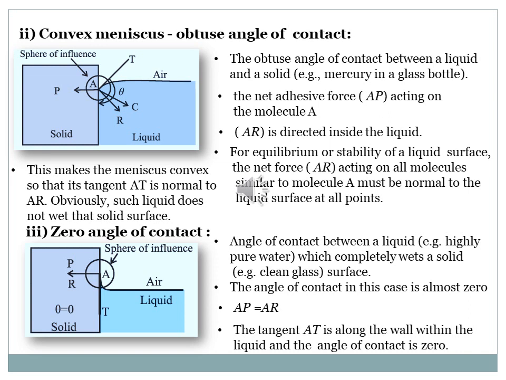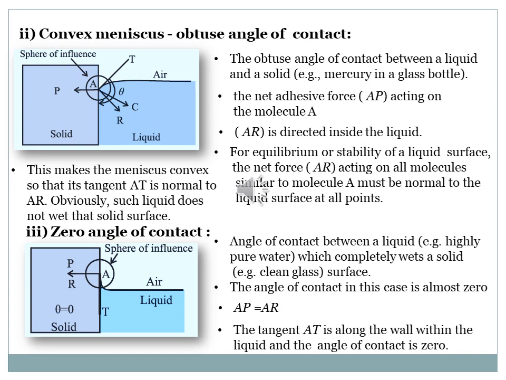Alright, so now in this case we are going to consider the liquid as mercury and the solid as the glass bottle itself. In this case, what happens? Force of adhesion is very less as compared to force of cohesion. In the last case, what happened over there? As the force of adhesion was very great, the liquid was going towards the surface. Now it is the inverse over here. Force of cohesion is greater. So what will happen? Liquid will come towards the inside. It will move all the particles inside the liquid. So what happens in this case? It will look like a convex surface, right?